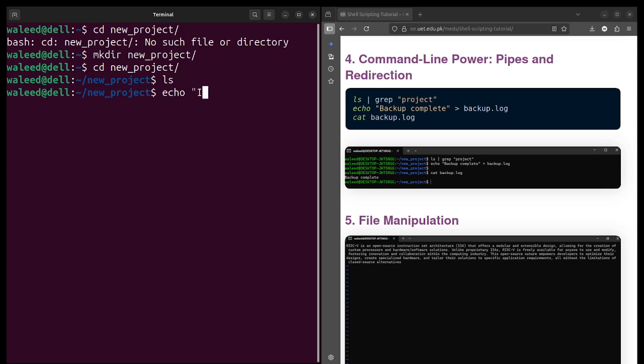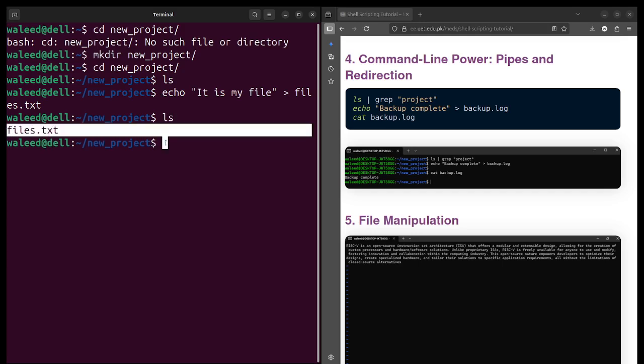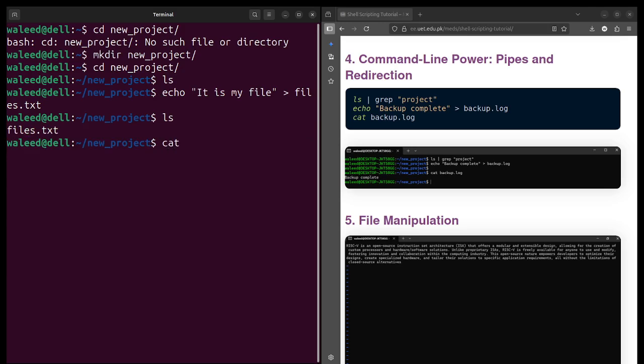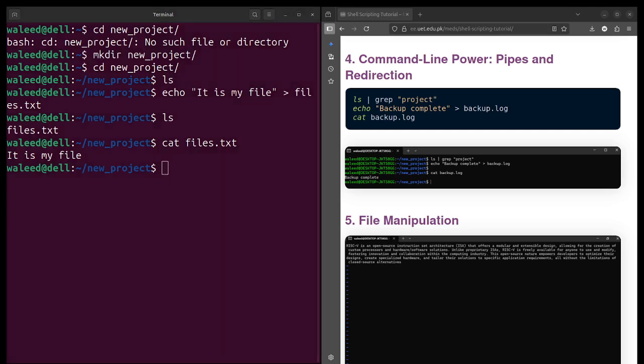For example, this is my file, and then you simply write the file name, for example file.txt, and your file is created. Now if you see, file.txt has been created, and if you want to see what's inside that file, it is the same as what I have written over here. So it is really important if you want to make such a small file and you don't have enough time to use nano or vim or some other way.